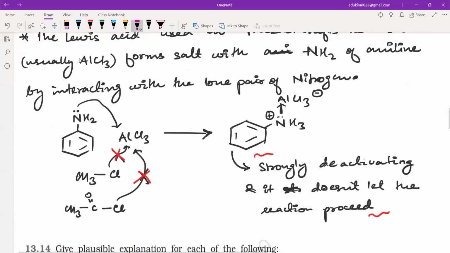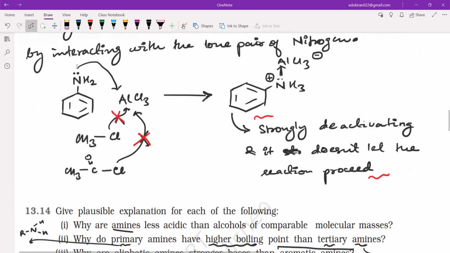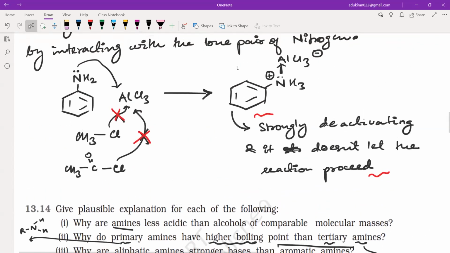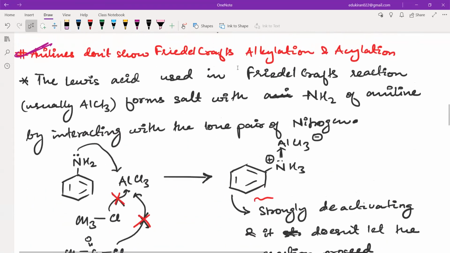See, we have a salt formation, and this salt is positively charged, and if it is positively charged, it is going to be strongly deactivated. And अगर deactivating होगा तो reaction will not proceed. Okay, so deactivating nature की वजह से the reaction will not proceed. Is that clear? Yes or no? Please tell me. Yes. Okay. So these why type of questions are